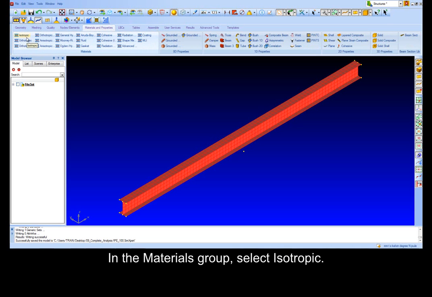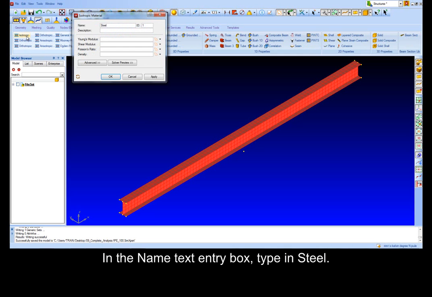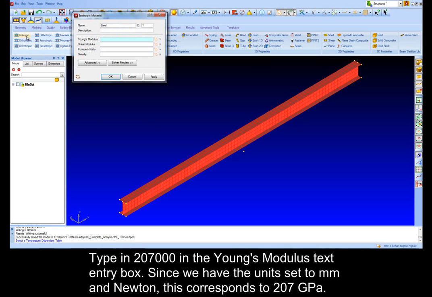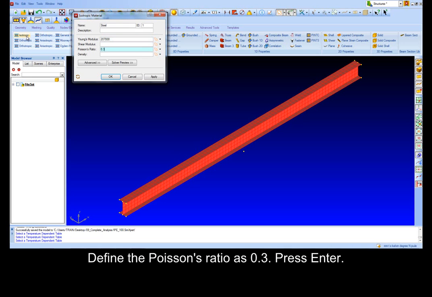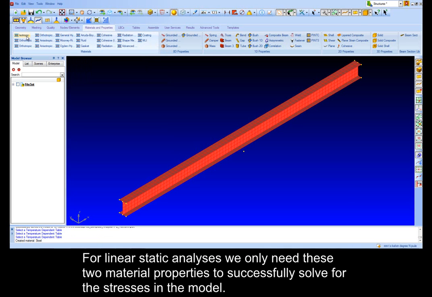In the Materials group, select Isotropic. In the Name text entry box, type in Steel. Type in 207,000 in the Young's modulus text entry box. Since we have the unit set to millimeters and newtons, this corresponds to 207 gigapascal. Define the Poisson's ratio as 0.3. Press enter. For linear static analysis, we only need these 2 material properties to successfully solve for the stresses in